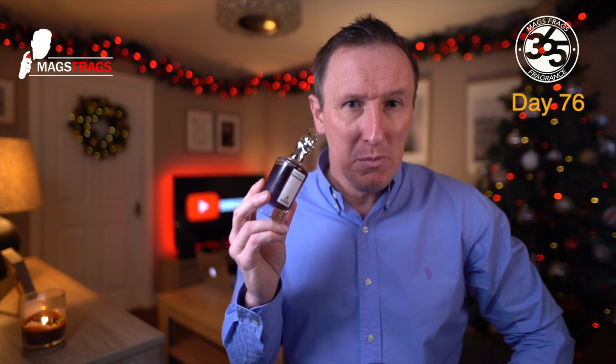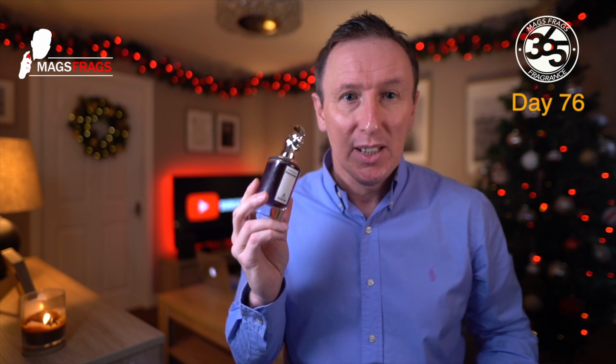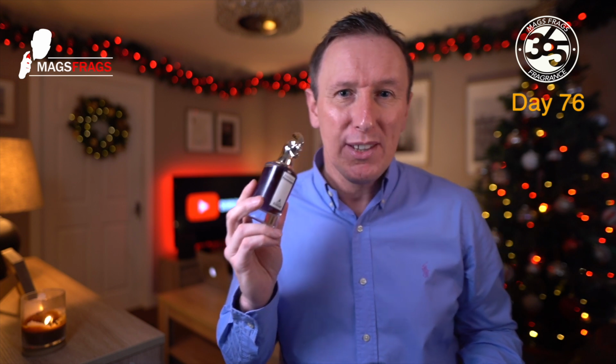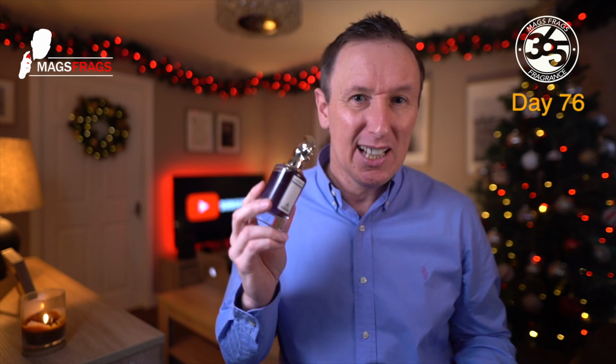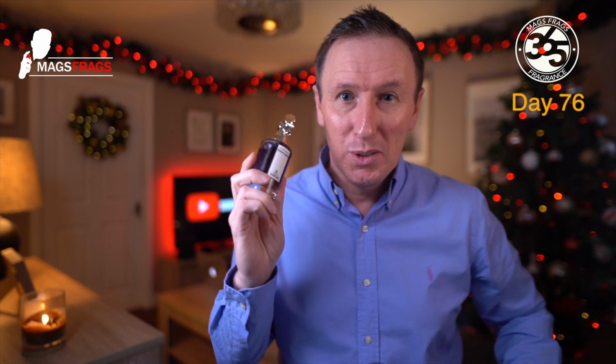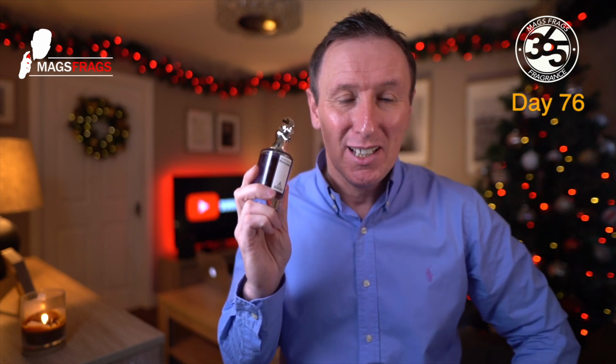This is one that I think you could wear all year round, apart from maybe on the hottest days of summer. It's very versatile and totally mass appealing, so you could wear this all day as an office scent, and I can't see how anyone would really have a problem with anything in this one. Although at £200 for a 75ml bottle, I doubt many people are going to be rocking up to the office